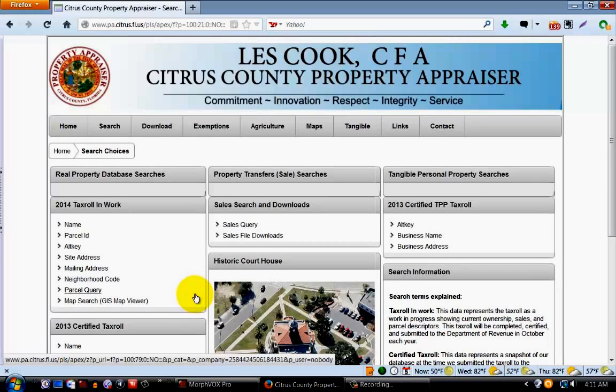When searching for real property ownership, you would go to the left side of the website under Real Property Database Searches. And for the most current information that we have on the website, it would be under the 2014 tax roll. There are many ways to search. Of course, if you know the name of the owner, then you've already answered your question. But if you want more particulars, such as their mailing address, which is not always the same as their site address, then you can use that